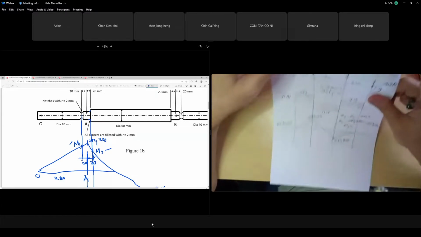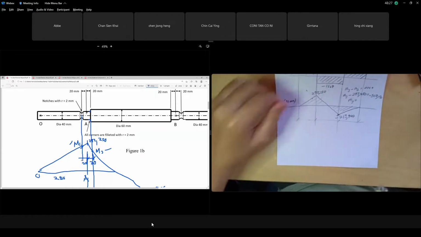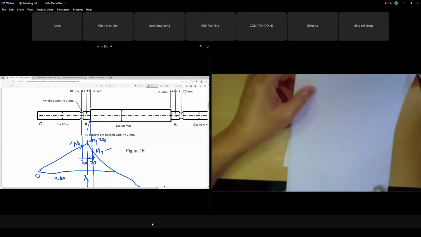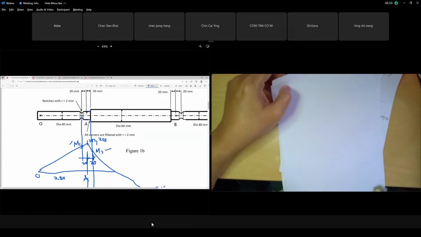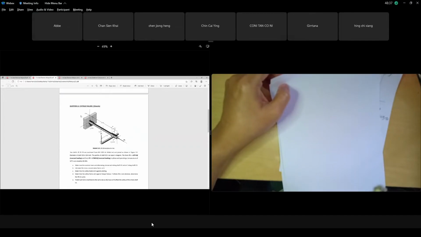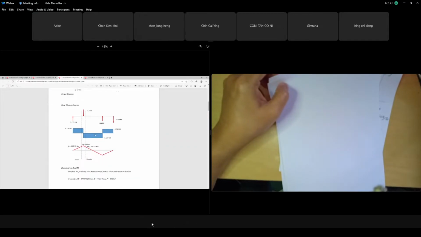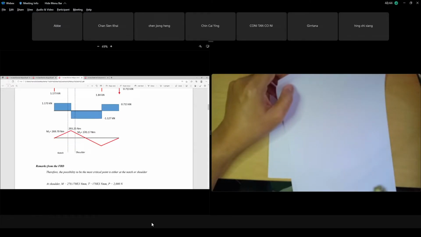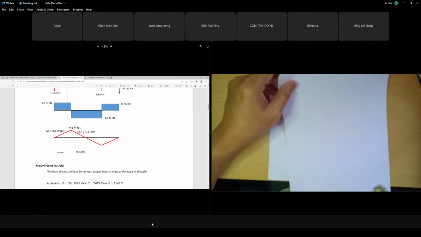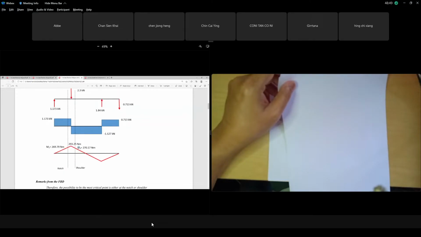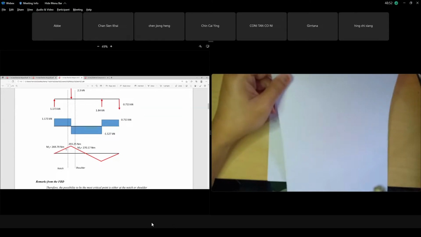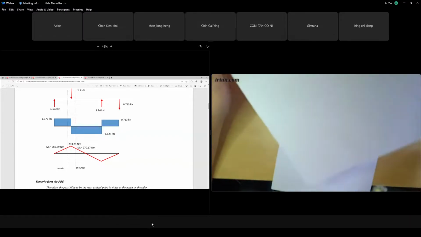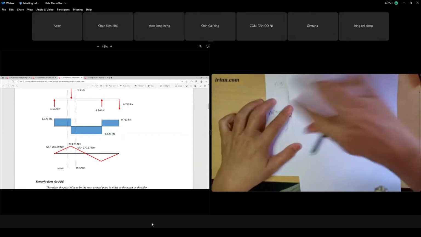That is what he said earlier. So M1, if I shortcut, if you focus on that area, M1 and M2, if you look at the solution already given, they have already done it. That's why I will study the solution later. If you look at the solution, you can see M2 is 270. Can you see that, class? This is at the shoulder. M1 is 269. So it means that, class,